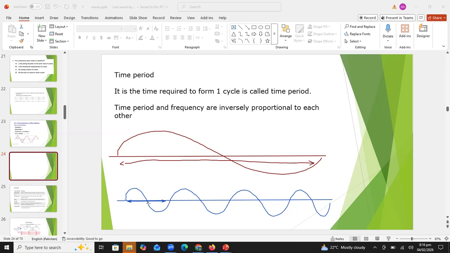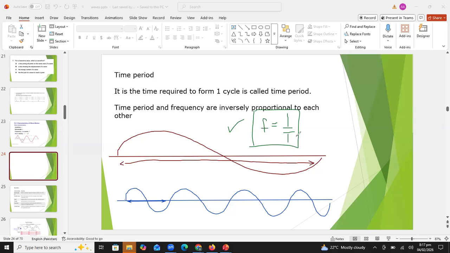So if the time period is smaller, frequency is larger because you can see there are more cycles. So we can see the relation between time period and frequency: they are inversely proportional to each other. So now I can write the formula here, f is equal to 1 upon T. If I'm able to find the time period of a single wave, I can calculate the frequency using this formula. Please write down this formula, students. Frequency is equal to 1 upon T.